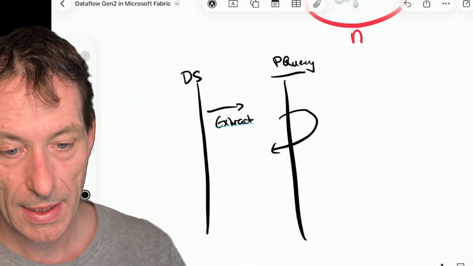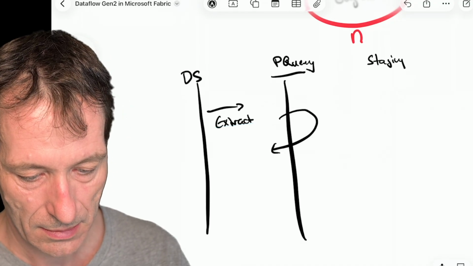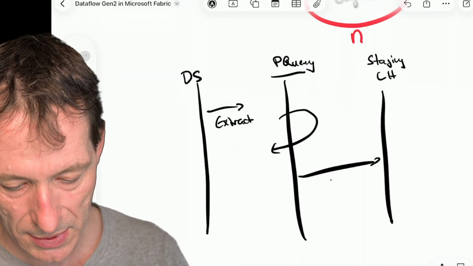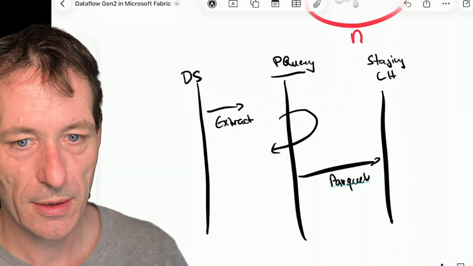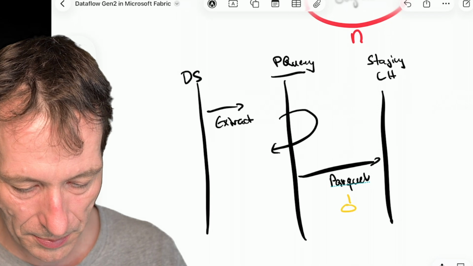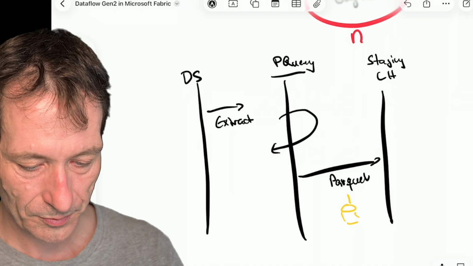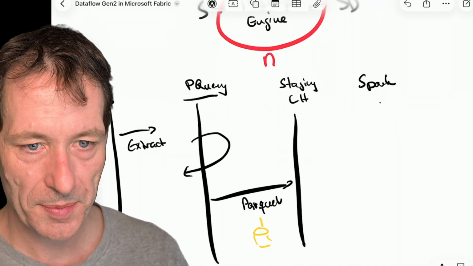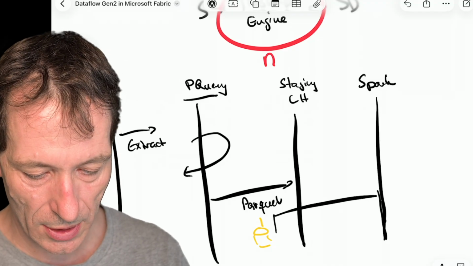And then we can write to a staging lakehouse. So this is a staging lakehouse. So this is then written to our staging lakehouse in the format of Parquet. So this is Parquet. And the intermediate results are persisted to disk. Next, the Spark engine arrives, and the Spark engine reads our staged data essentially from that disk,